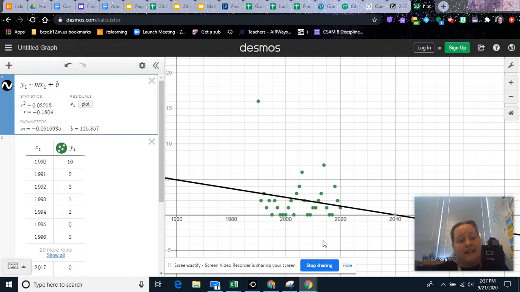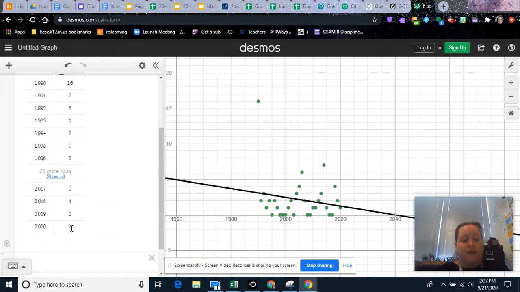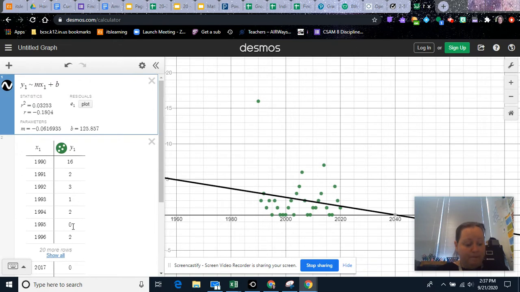And when I collected that data, I came up with this table that in 1990 or below, because this was just kind of our chunk from the beginning, there were 16 sightings of Bigfoot. From 1990 all the way from the beginning of them collecting data. So there's only 16 different sightings. And then in 1991, there were 2, and so on and so forth, to where in 2020, so far, there has been 1 sighting. Now, once I collected that data, I made a scatter plot.